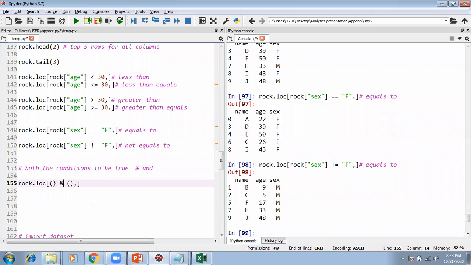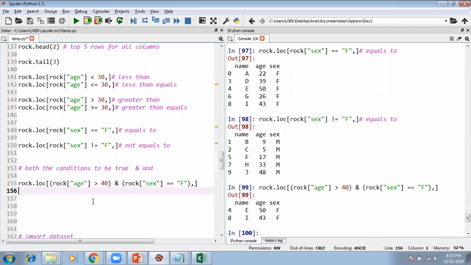That means both the conditions need to be true. So put this condition over here or here, doesn't matter. The next condition will be their age should be greater than 40. So now I have all the people who are female as well as more than 40 years old.